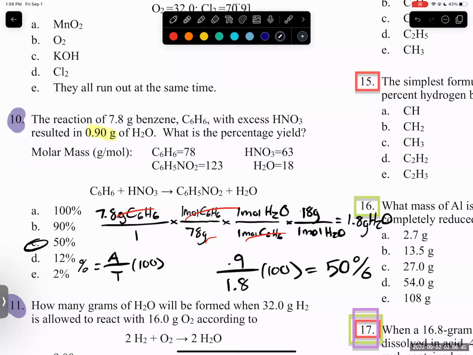But if you needed to find it, could you just stop at moles? Oh yeah, you can stop at moles because you'll find which one's less, and you'll save a little bit of time. Yeah, that's how I do it personally. I stop at moles. That's how I do it. Unless you're calculating for